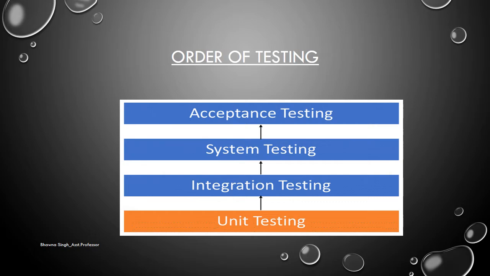Now this is the complete order of testing a particular product during the testing phases. The first we start with the unit testing, in which we test all the single units or single modules, and then after integrating all the modules we start with the integration testing, and after doing the integration testing we test the complete system as a whole, that whether it is meeting the specific requirements of the user or it is good in quality and according to the expectations or according to the performance. So all these things we are conducting in this testing phases, and at the end we test it for the acceptance, that whether the user will accept it or not, and whether it is made as according to our expectations.